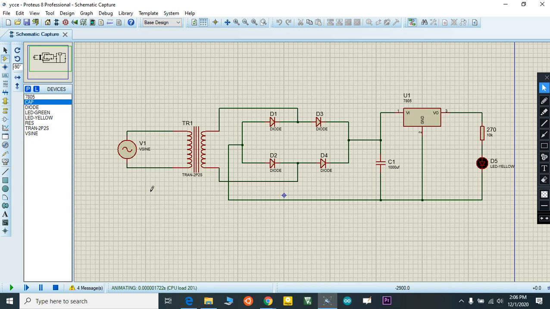So it's a basic voltage converter. You can see here we provide a 230 volt, 50 hertz frequency sine wave, and this transformer will convert it into 12 volt AC, and this bridge rectifier will convert it into a DC voltage, and this capacitor will remove these ripples. That's it, and it's not loading yet.